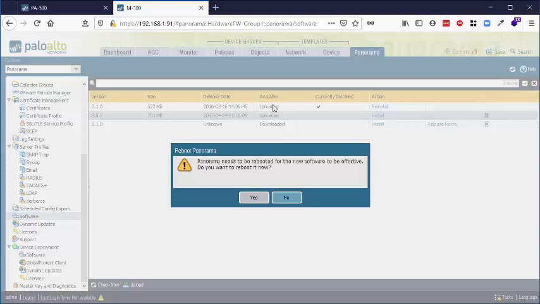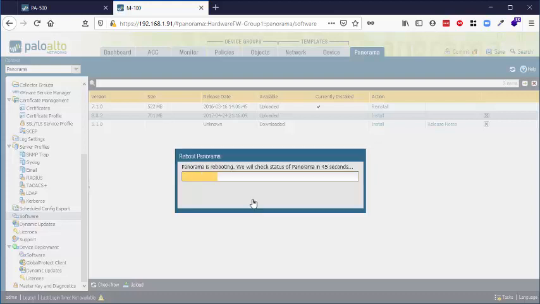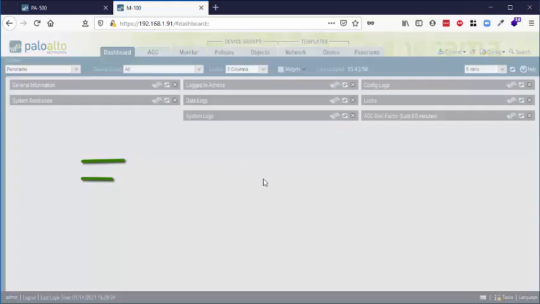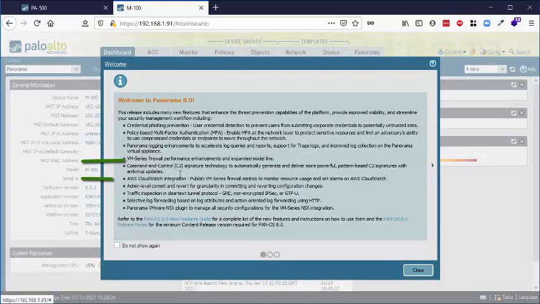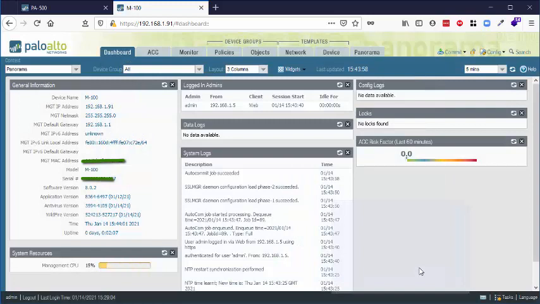Okay, so that's come back now with a reboot command, so I'll get this rebooted and I'll see you in a few moments. Okay, so we're just logging into the device now. We've got a screen, version 8, looks good. Version 8. So let's go for the 8.1 version